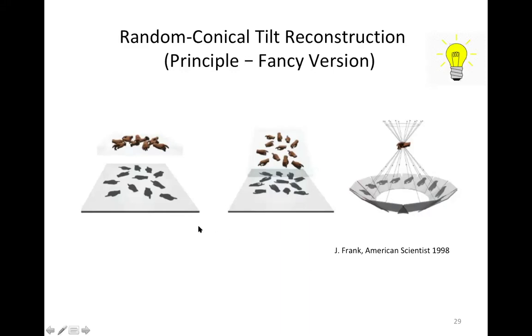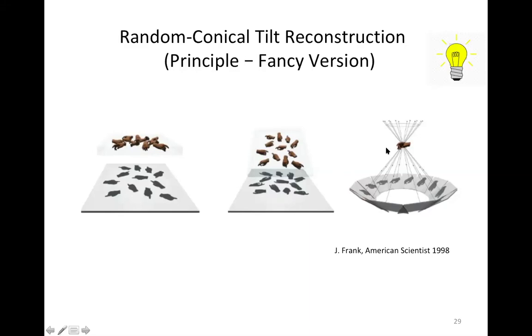So the idea is that when the molecules are all in the same orientation on the grid, then they have 1 degree of freedom. They can have different azimuths, but this doesn't give us any new information. But when I tilt such an arrangement of molecules, then the projections are unique. They're unique three-dimensional projections, and